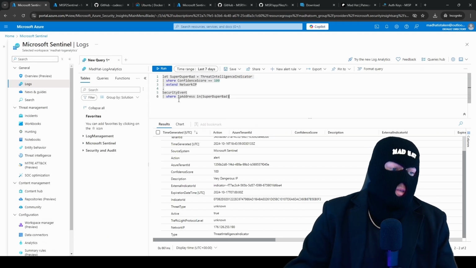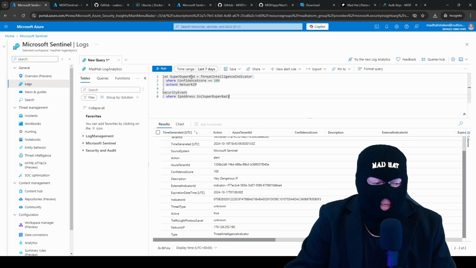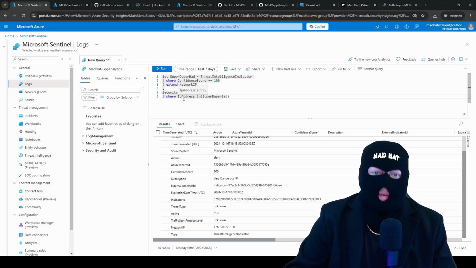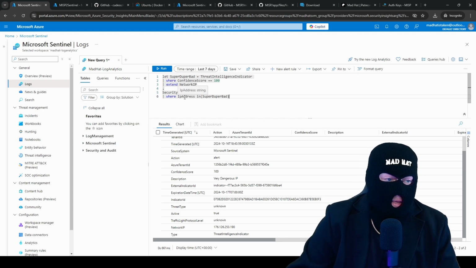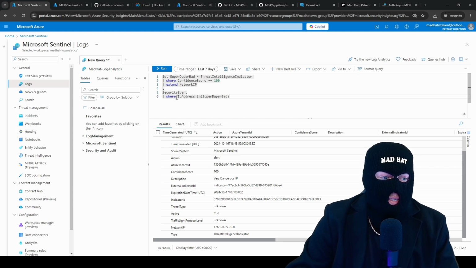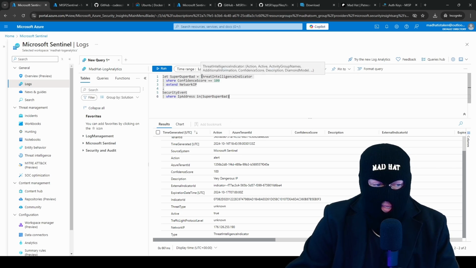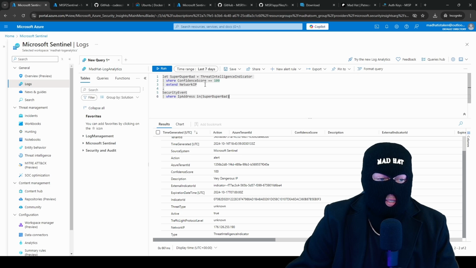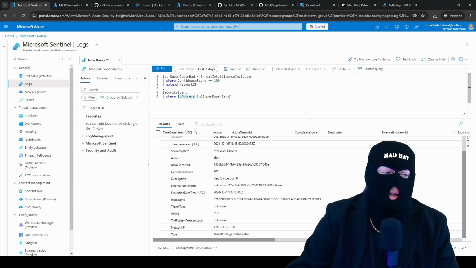The beauty of this is that what you can do is create custom indicators. So let's just say there's RDP events, right? That's something that we had coming into our honeypot. Those security events are going to be logged with an IP address. Now we have threat intelligence indicators with network IP addresses, and we can say, hey, if you see a security event that contains an IP address that is contained within